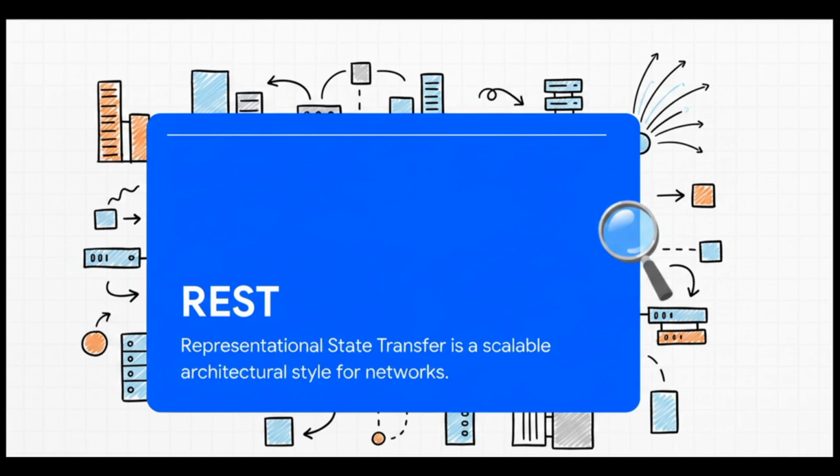By identifying resources through standard endpoints, REST gives us a framework that is remarkably lightweight and just endlessly scalable. It literally forces you to think about your application in terms of resources, like users, posts, orders, rather than just abstract operations. And that is exactly why it's become the default backbone for modern web apps today.